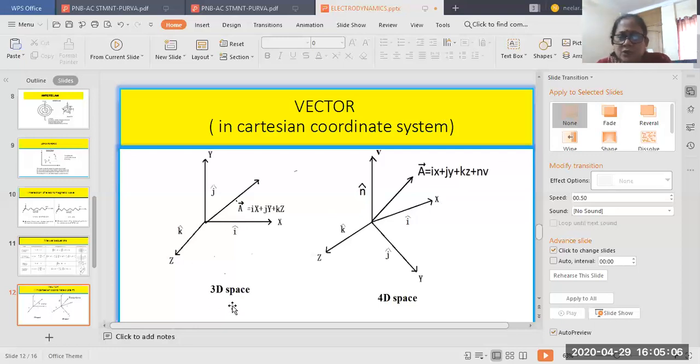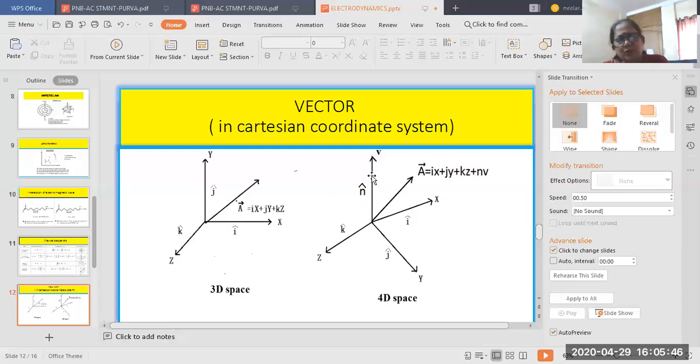Now this is 3 dimensions. Why? Because 3 axes are there, and all are vector axes. If I am not using ijk, then this will only give you the magnitude. If I use it along with ijk, it is a vector. This is the x vector, this is the y vector, this is the z vector. So I can write this as x with an arrow mark plus y arrow mark plus z arrow mark. This whole thing is represented as a vector. Naturally the addition results in the vector A, shown by this arrow mark.